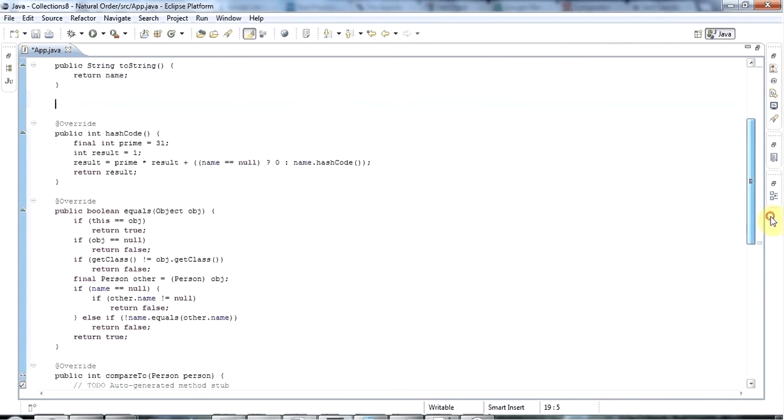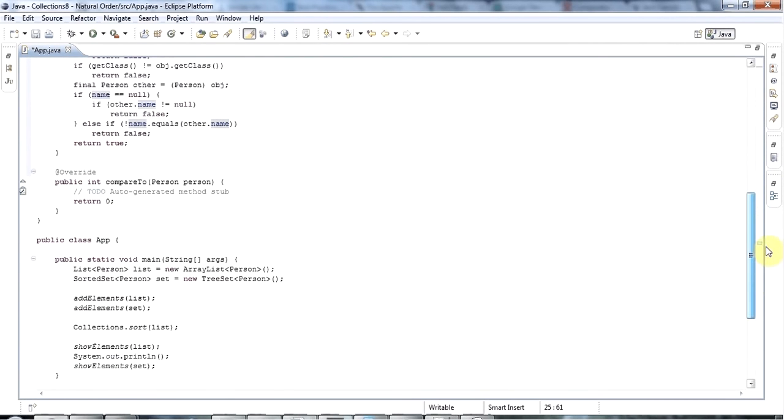And these methods are, well, hashCode is going to return an ID that's different if the names are different in this case, and equals is going to return true only if the names are equal in this case. So now I can add my items to sets,